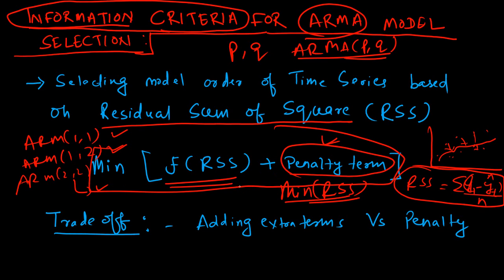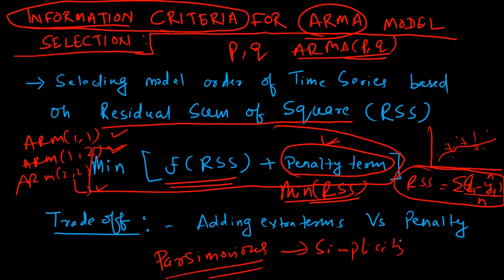And which is logical, because when you keep on adding more terms, it will make your model more complex. And if you know what a parsimonious model is, that means a model which is not only efficient, able to do a good prediction, but is also a simple model, right? So for the sake of simplicity, to ensure that the model is simple enough to understand, implement and use later on, it is always advisable to have fewer terms or fewer lags of variables, whatever you call it, in your model.